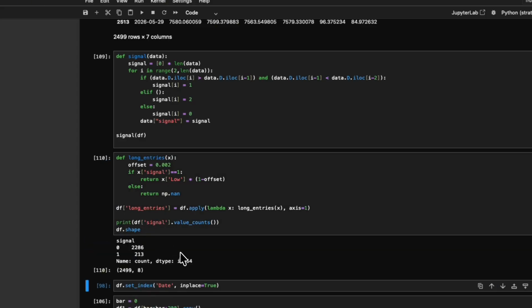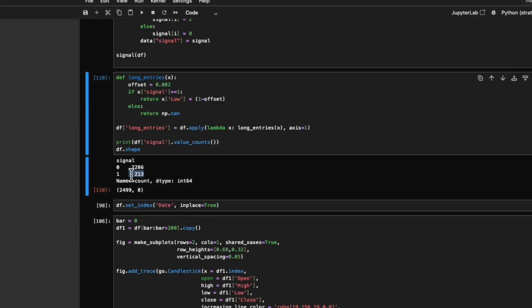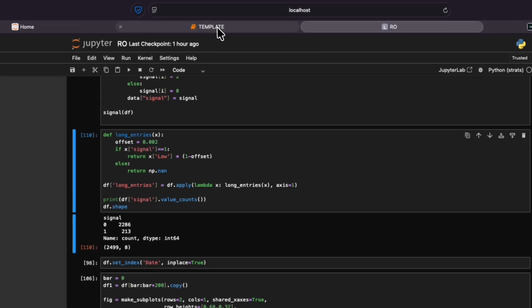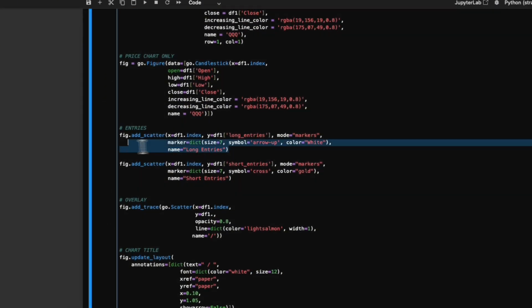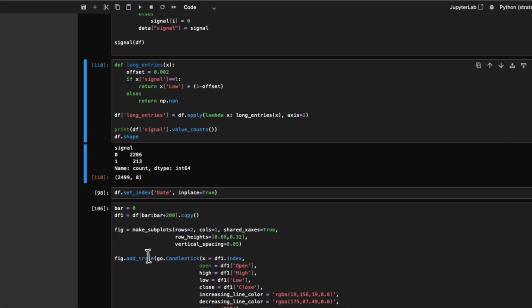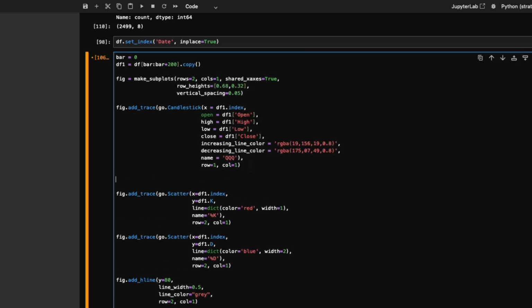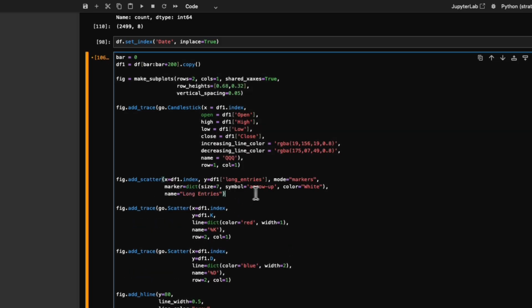So if I run that now, you can see you get 213 buy signals, and the remainder are just a do nothing signal. So in order to display that on the chart, we're just going to come back into this bit here, and just take the long entries part today because we don't have a short component to this strategy. And if I paste that in there, all that's doing is looking in this newly created column, long entries, and where it sees a price, it is going to create a marker, which is going to be a white arrow up and size